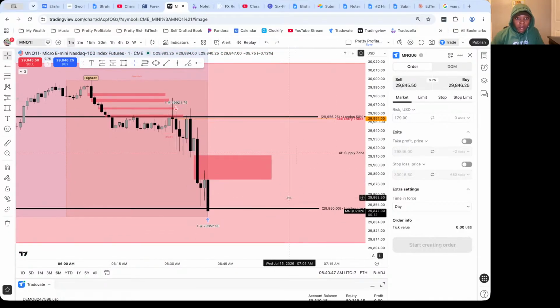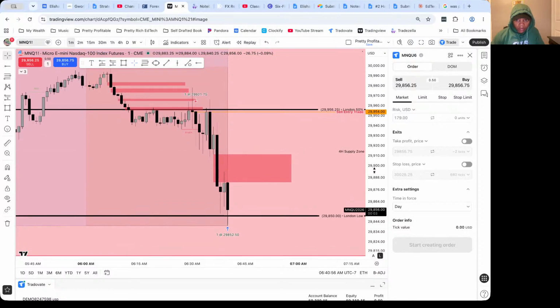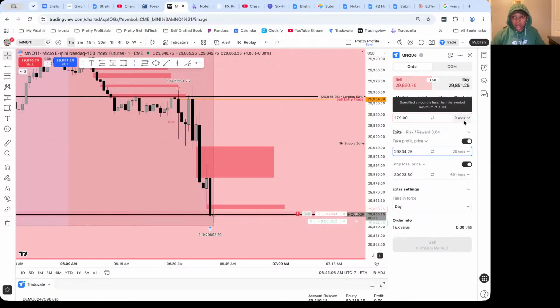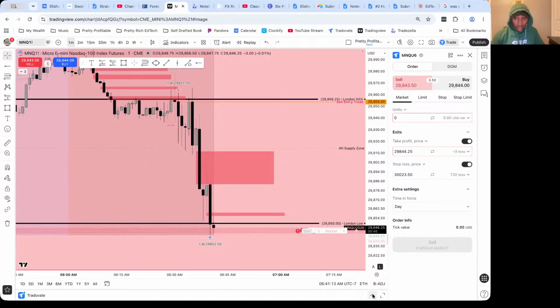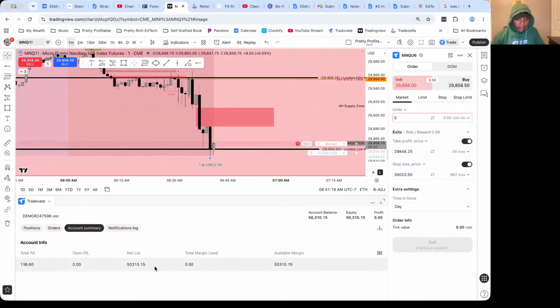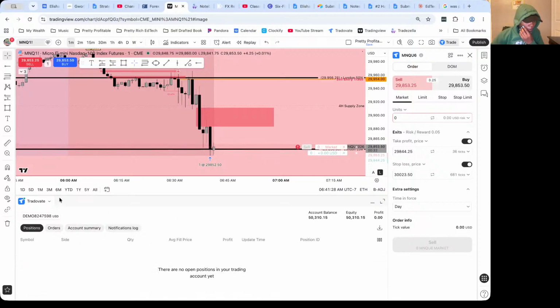So now we're seeing another one play out. That was a rejection candle. So yeah, for now, I'm doing market orders. Let's see what that trade was real quick, y'all. Hold on. So I made $136 off that paper trade. But the only thing I'm struggling with right now is